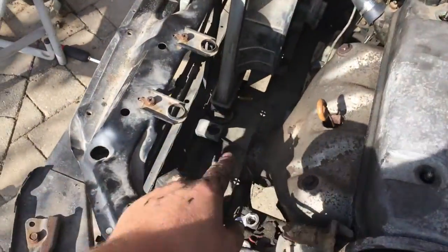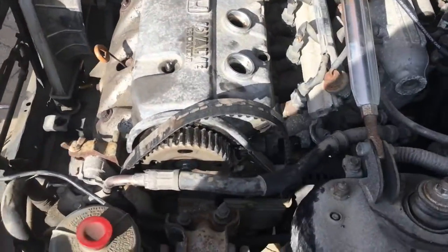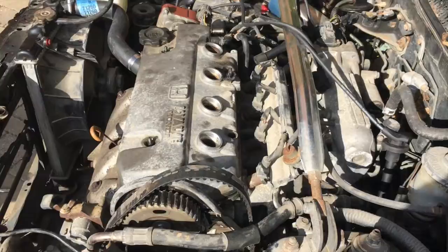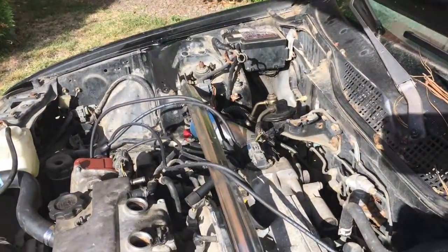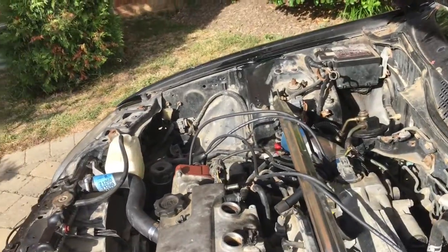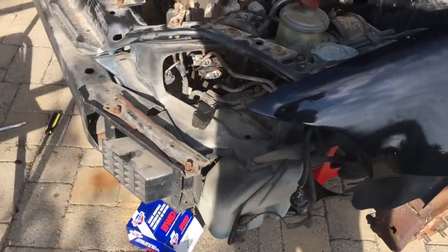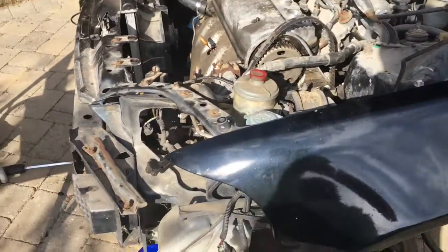I got the AC system mostly removed. I still have to take the compressor off and the rest of the hosing and the electrical. And I gotta get a lock-off plate for where the lines go into the car, just so water doesn't get in. And I actually just removed the driver's side headlight and corner light, just so I had better access